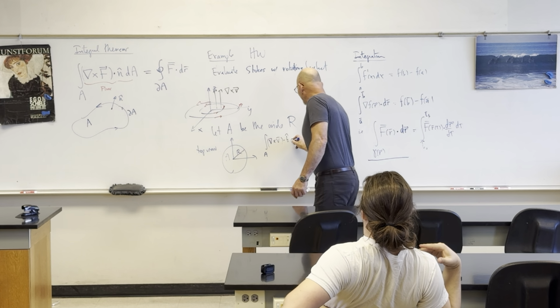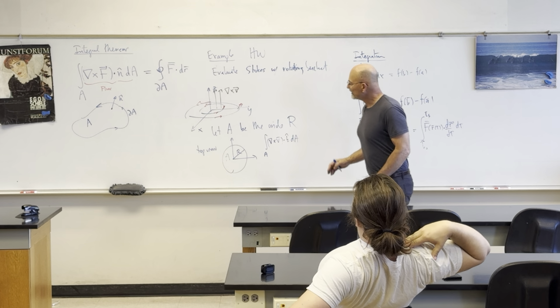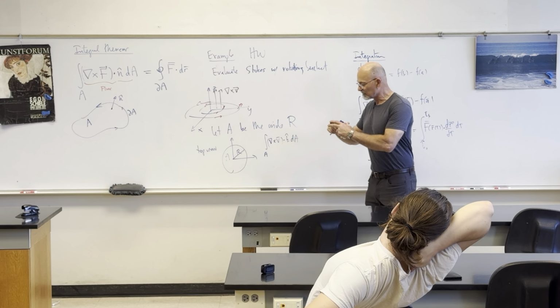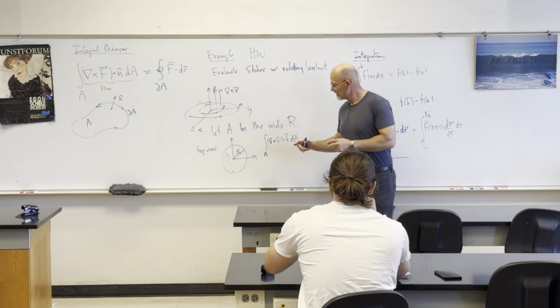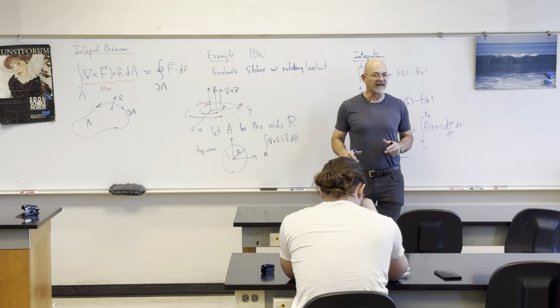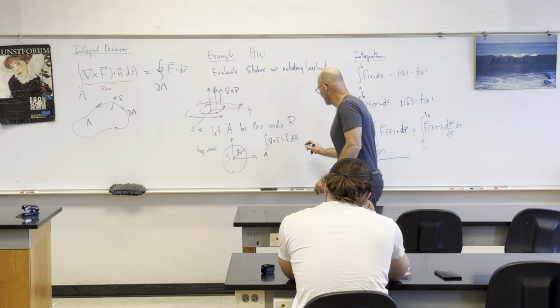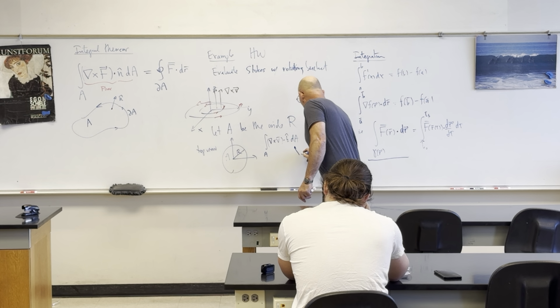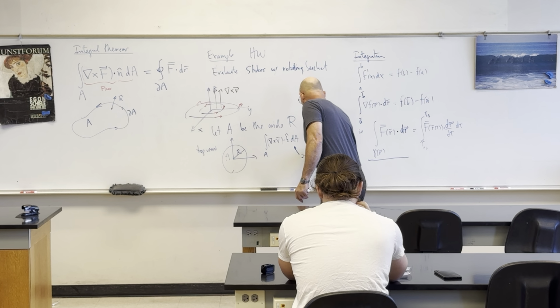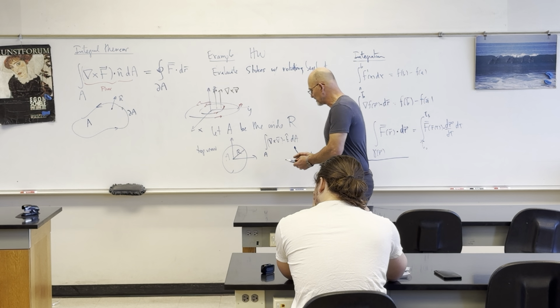And then you've got d area. And since you're going to have the circular symmetry, you'll probably be able to do the 2 pi r dr type of situation. You guys familiar with that? D area could be 2 pi r dr, because when you've got a circle,